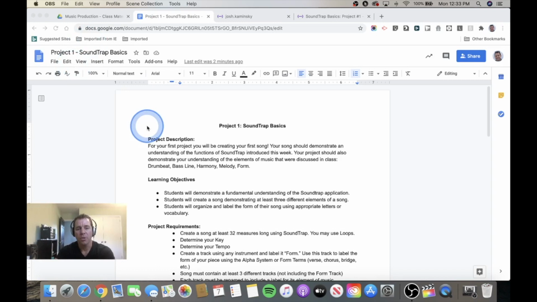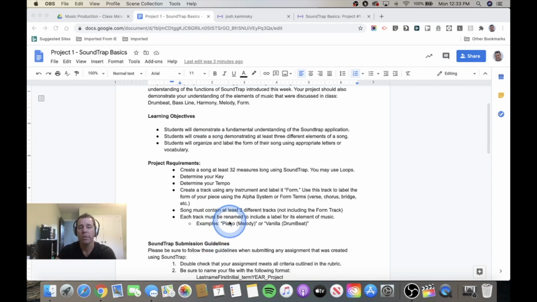Throughout this project, you're going to demonstrate your understanding of the elements of music that we've talked about in class, which is drum beat, bass line, harmony, melody, and form. Now I'm hoping that you've read through most of this assignment here, but we're just going to walk through these steps here, maybe not in this order, but we're going to show you how to complete this assignment and submit